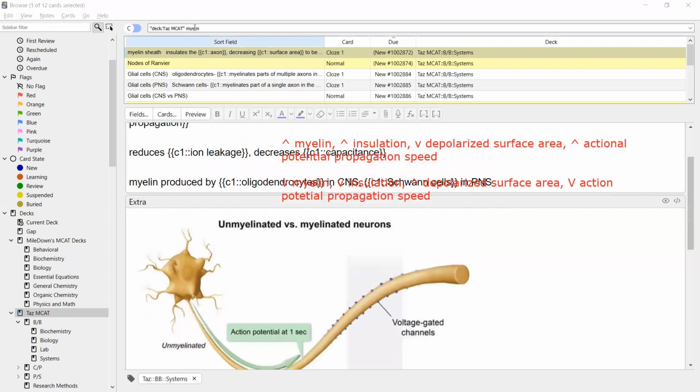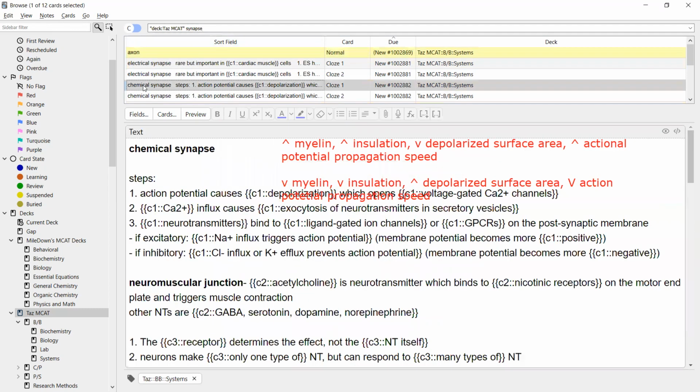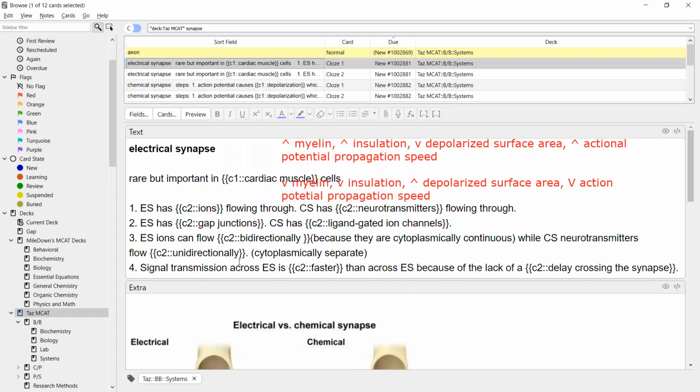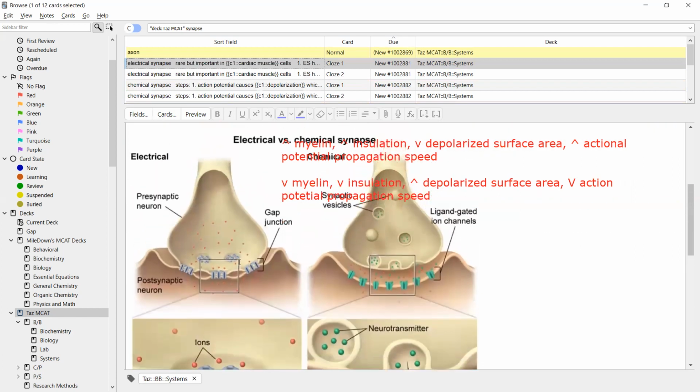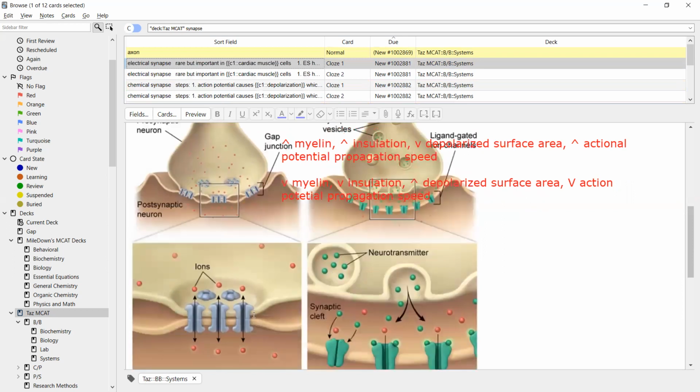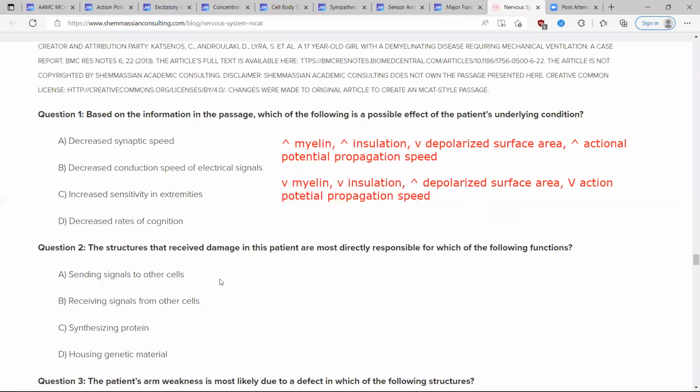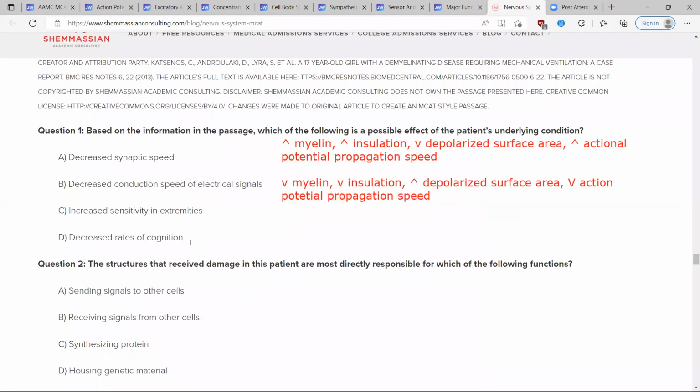And the other part, the synapse. The synapse speed is basically how long it takes for these neurotransmitters to travel across the synaptic cleft. And the reason that we brought it up is because we saw that in the two different types, electrical versus chemical, the electrical one is much faster than the chemical synapse. So now knowing that,